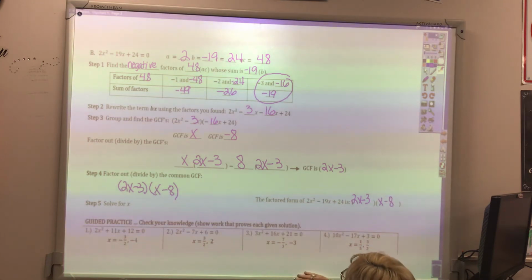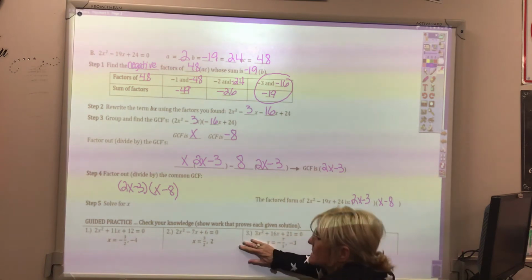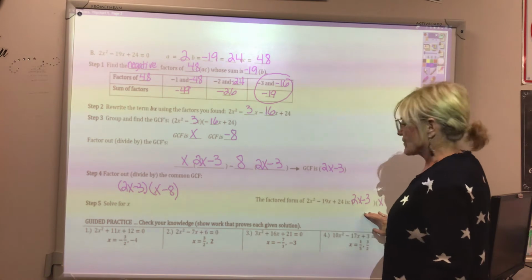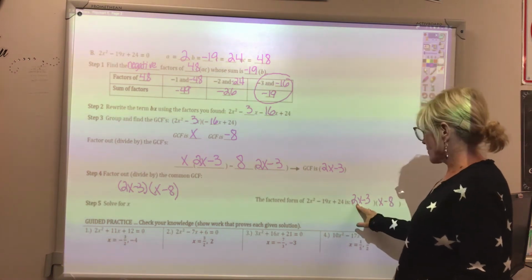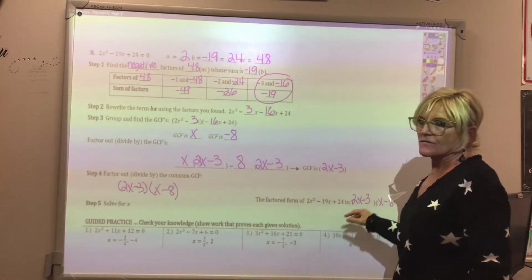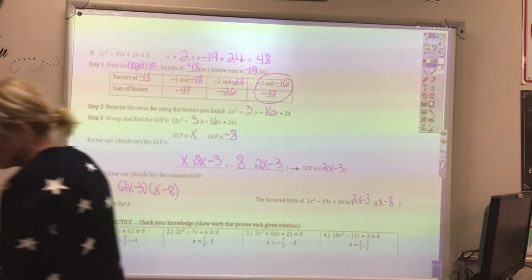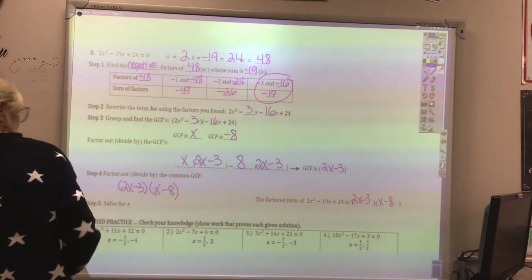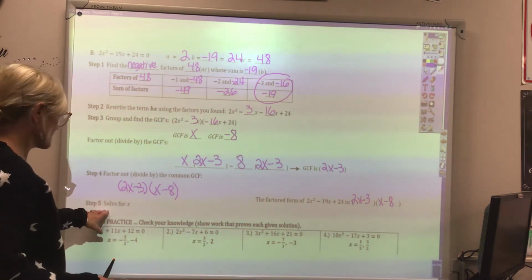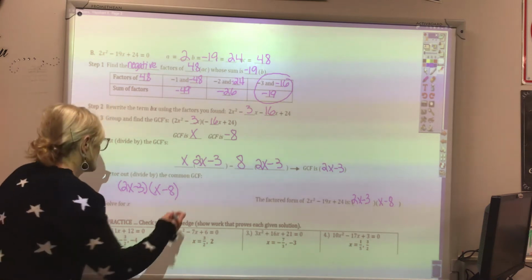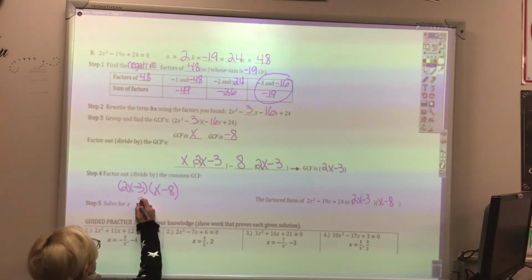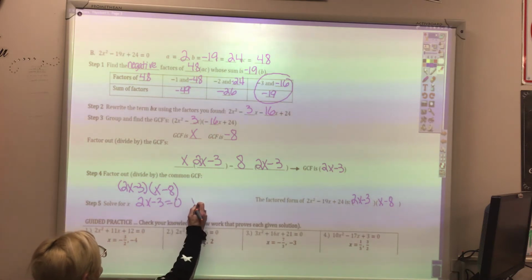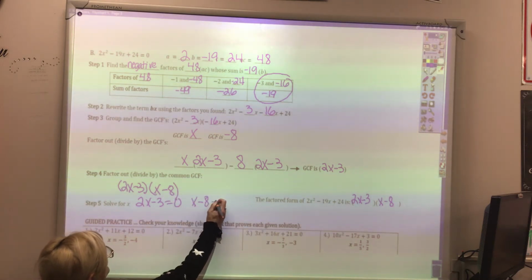Now, what we're going to do when we do the guided practice is actually solve for the factored form. So we would set both parts equal to 0 and solve for x. And I should have done that right here. So let me show you. You take 2x minus 3, set it equal to 0, and x minus 8, set it equal to 0,